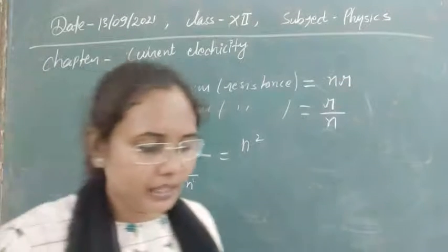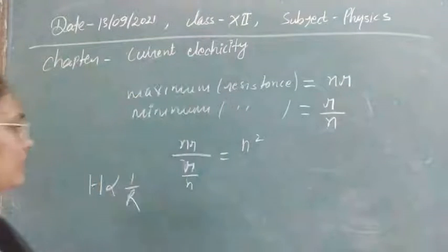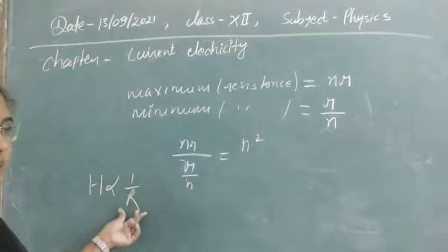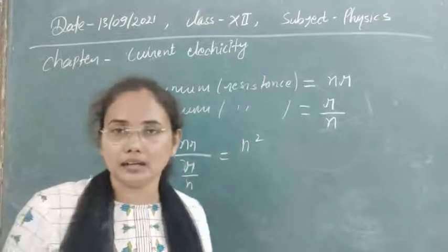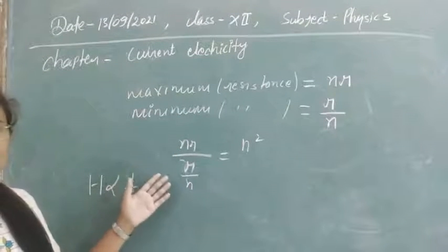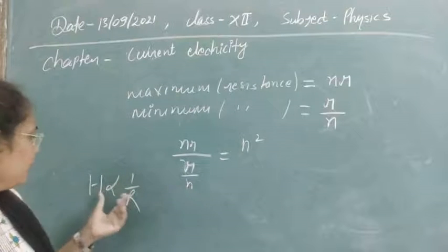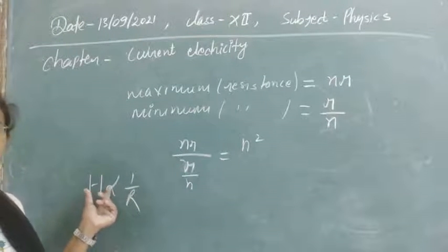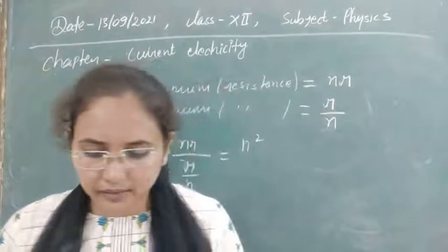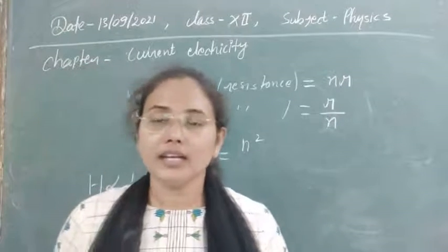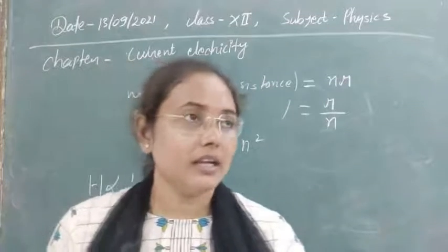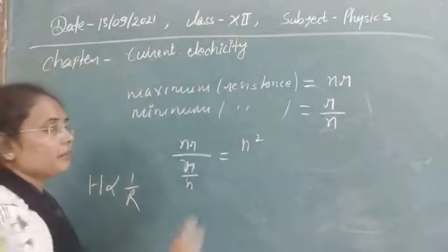Illumination is due to the energy or the heat produced, and this energy is directly proportional to 1 by R, because it is equal to V square by R into t. Here the potentials are the same, so the time is also the same, or for unit time, illumination is directly proportional to 1 by R, the resistance. So the combination with 39 resistors has lower resistance than the 40 resistors, because here 39 resistors are combined in series.